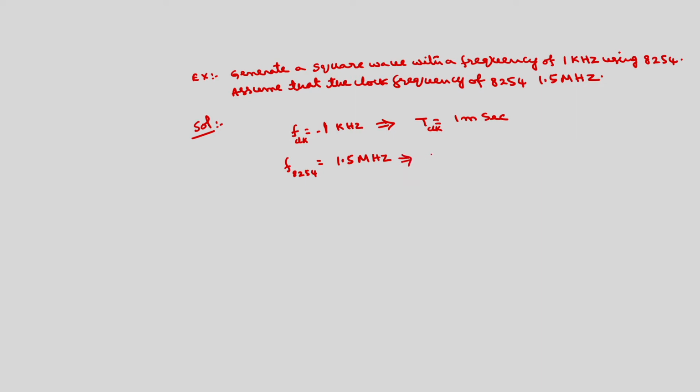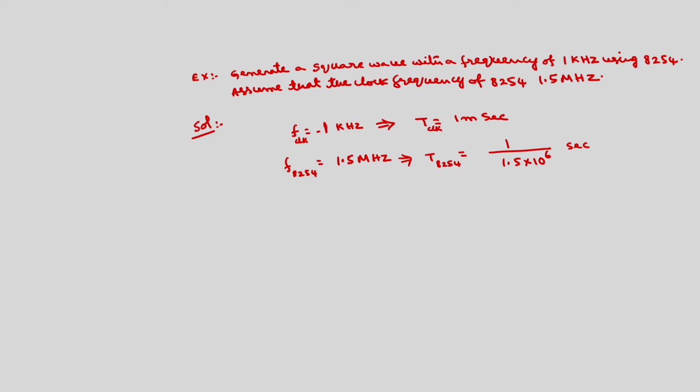Implies what is the time period of the 8254 clock. It is 1 over 1.5 into 10 raised to the power of 6 seconds. Okay. So, in order to generate the square wave using this 8254 in mode 3, we have to load